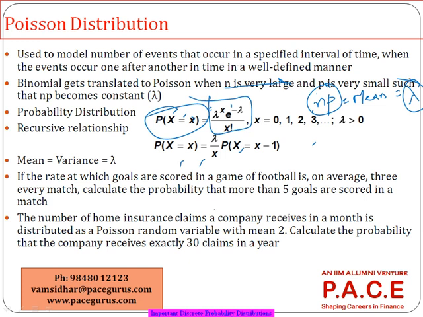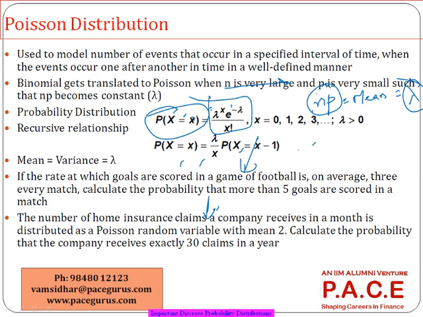If I take a numerical, it becomes easier. Look at this one. Look at the first one, then we'll go to the second. If the rate at which goals are scored in a game of football is on average 3 every match,